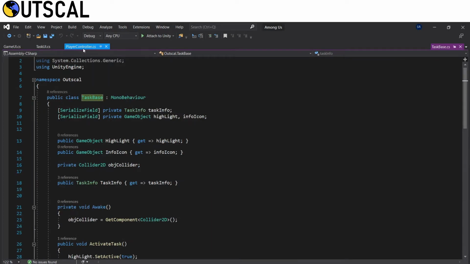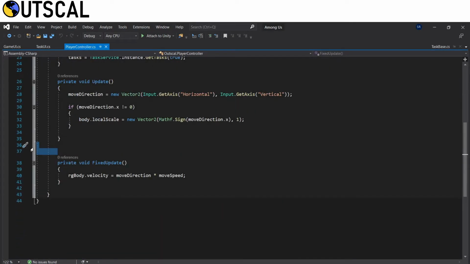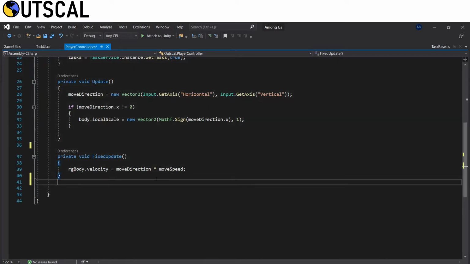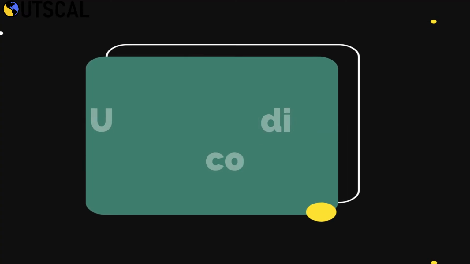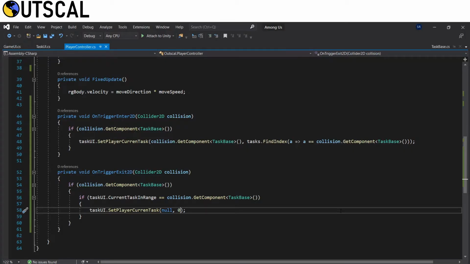So let's go to our player now. Now in our player we need to create a few methods so that we can make sure which is the current task and activate and deactivate all those things. So as you can see here, we have created two methods, on trigger enter 2D and on trigger exit 2D. It is a 2D game, so we are using these two methods. Now these two methods are Unity's default methods. So whenever the game object whose collider is trigger comes in contact with any other game object with a collider, this on trigger enter gets called, and whenever it exits any collider, then this gets called.